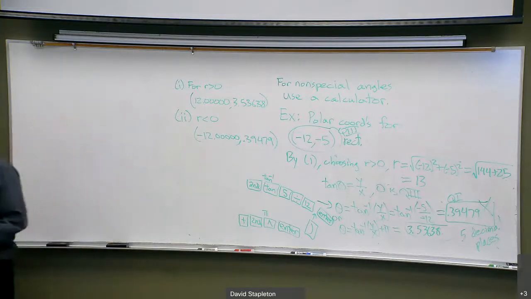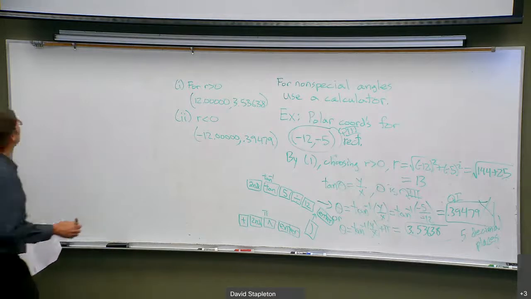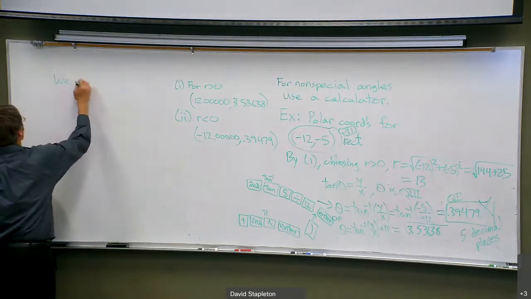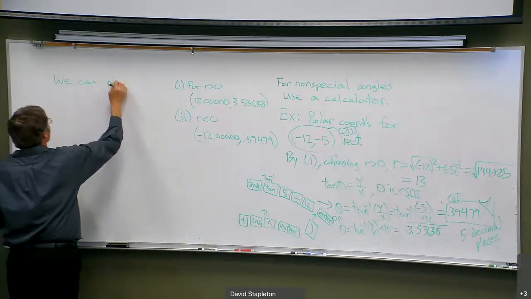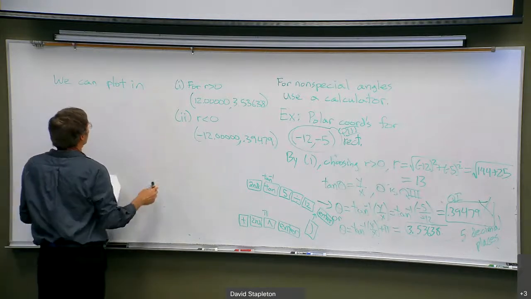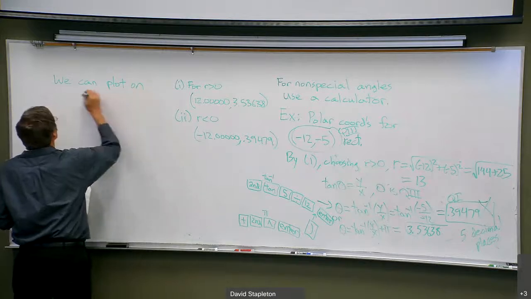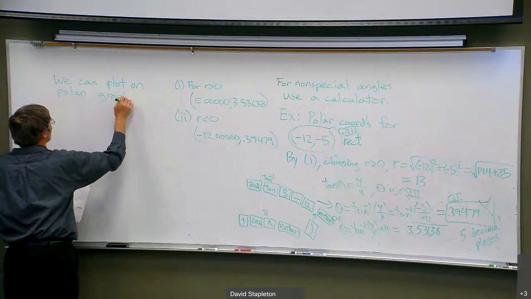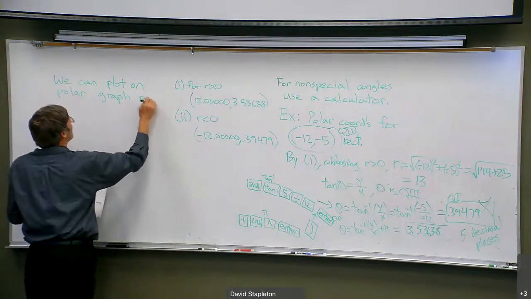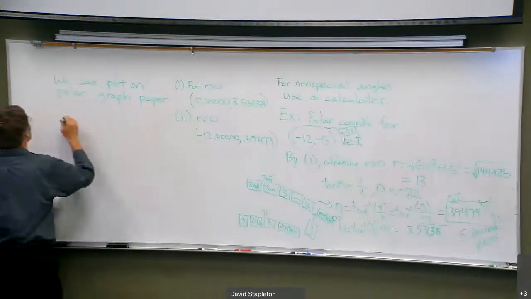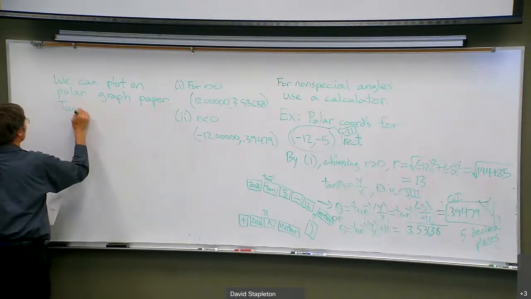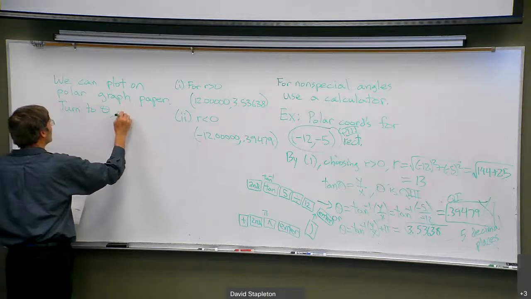Okay, now there's some other problems. We can plot points given in polar coordinates on polar graph paper. These are not real popular, but you do see them once in a while just because polar coordinates are used a lot. And the idea is, you just turn to the angle, really easy, turn to theta, move out r,